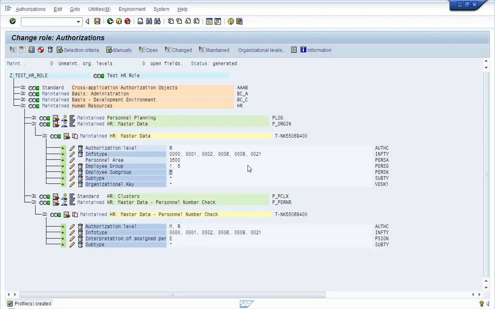Remember that the values for these fields, personal area, employee group, subgroup, organizational key, they all come from info type 1. So in this demo, we just saw how we can restrict access by employee groups along with personal area.